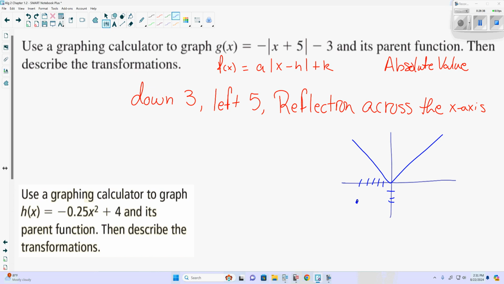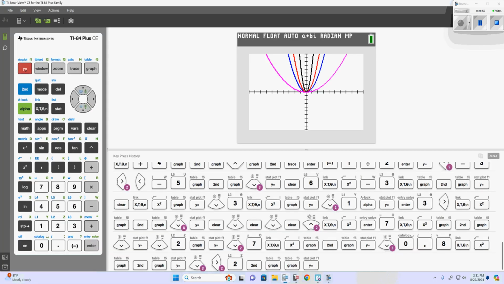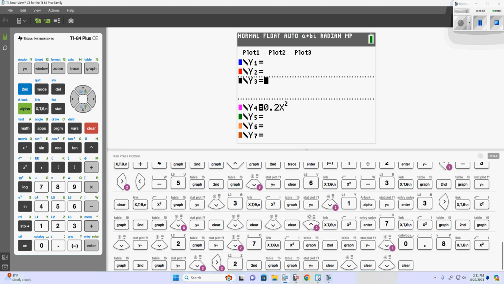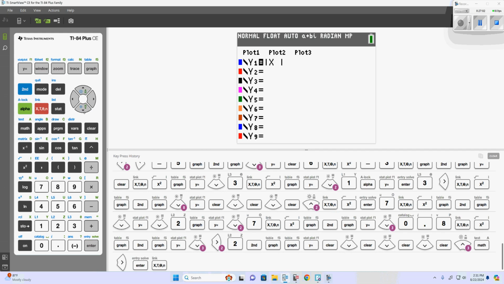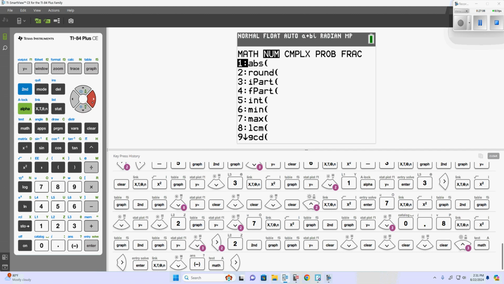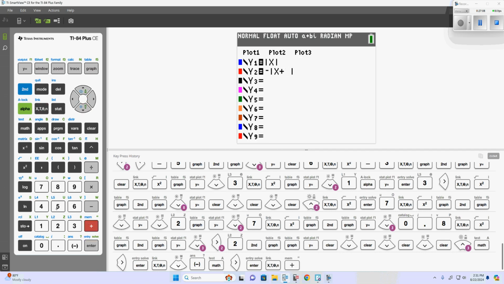So that's our down and left, yes? And then we flip it, yes? So it's going to be going down. So something like that there. Equals... I'll put the absolute value back in there. Negative absolute value of x plus 5